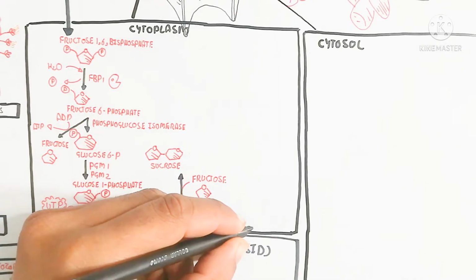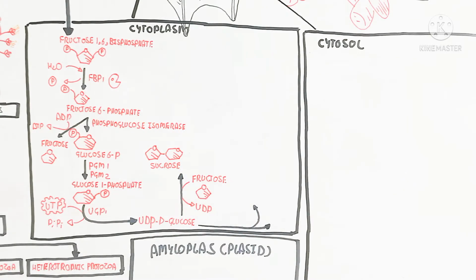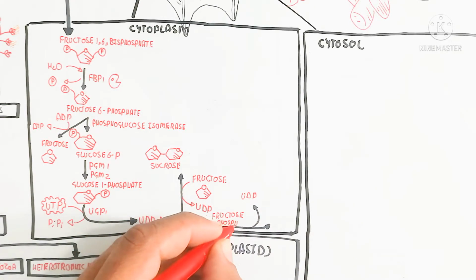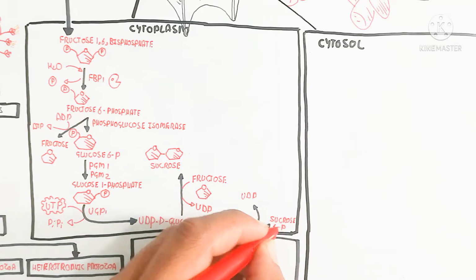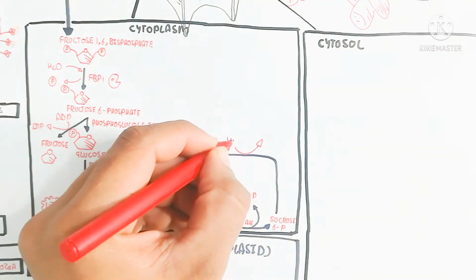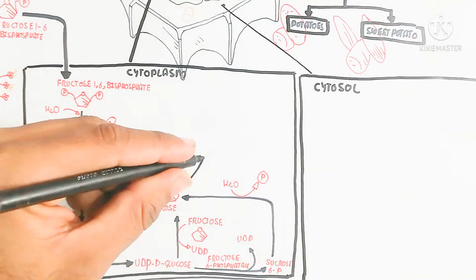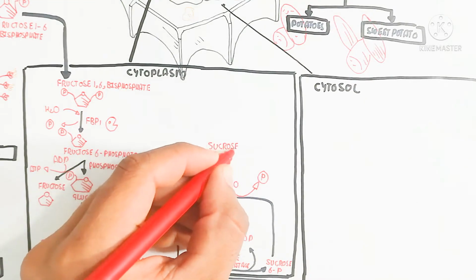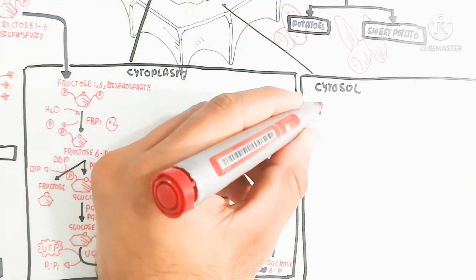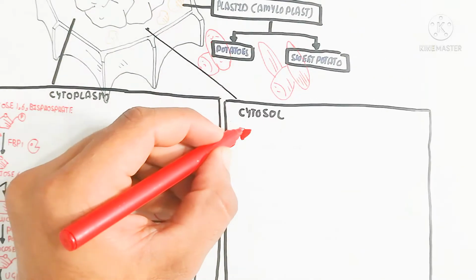Here fructose addition releases UDP, and the fructose binds with the glucose to form sucrose. The best example is sugar cane, whose reserve or storage is not starch but sucrose. So here is sucrose 6-phosphate formation, which occurs after the release of the phosphate group by the addition of water to produce